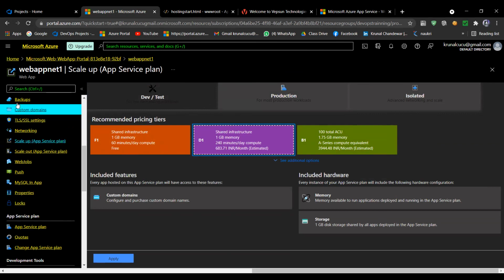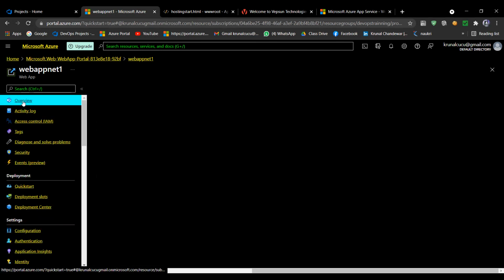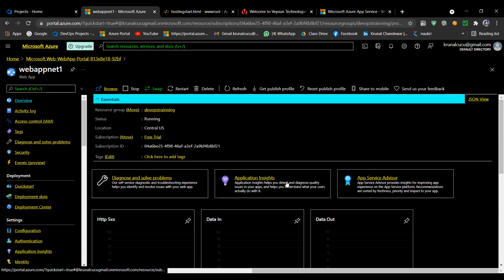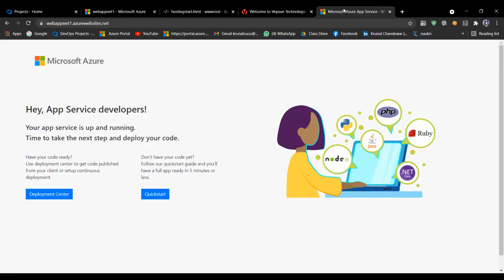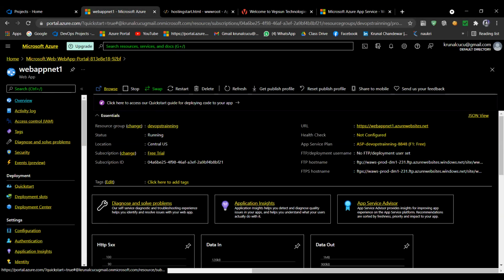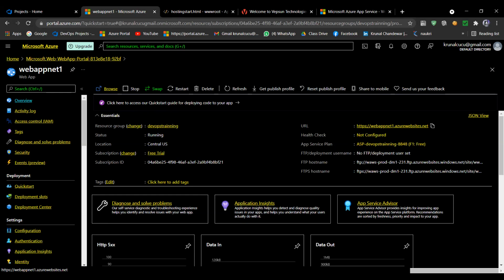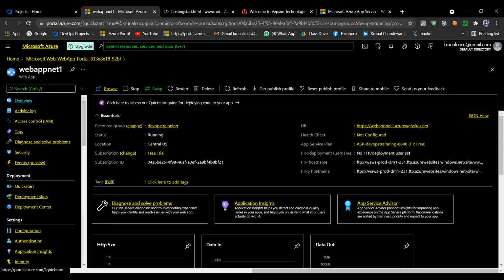Like I told you, if you go here in overview, initially we copied that link which I showed you here. We copied this link and we opened that default page. So see here, what is the URL? HTTP web app one. Web app one is the name of our web app. But after that you are getting azurewebsites.net. This azurewebsites.net is the domain name of Azure, but you can change this domain name here in Scale up. If you go in that plan, you can change that.